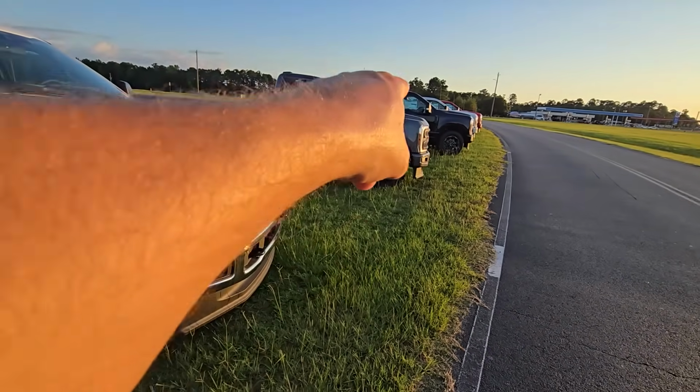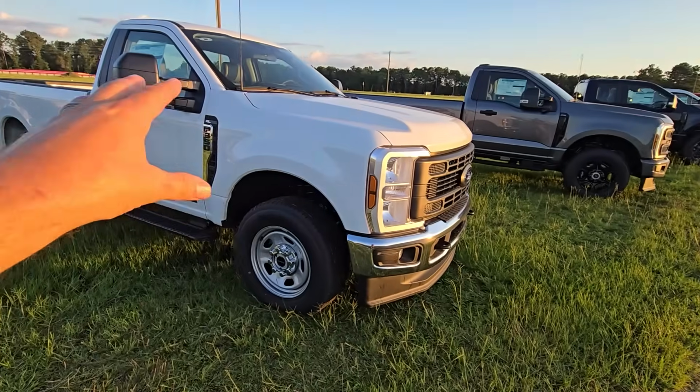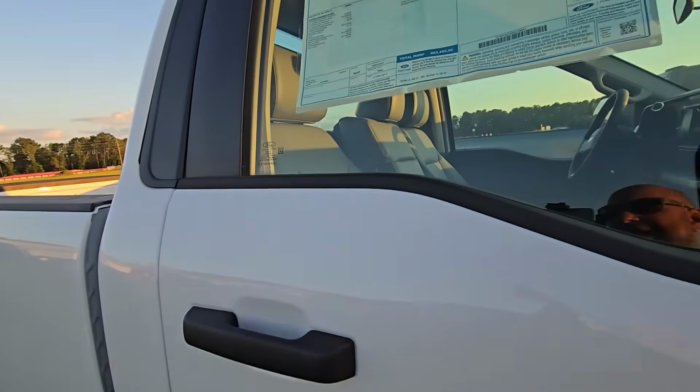Because I think the painted bumper and the blackout is part of the STX package. So if that's part of a package, what package? Why is there a chrome package? What would it be otherwise? What color would it be? That makes no sense to me. Again, weird games. But you're paying